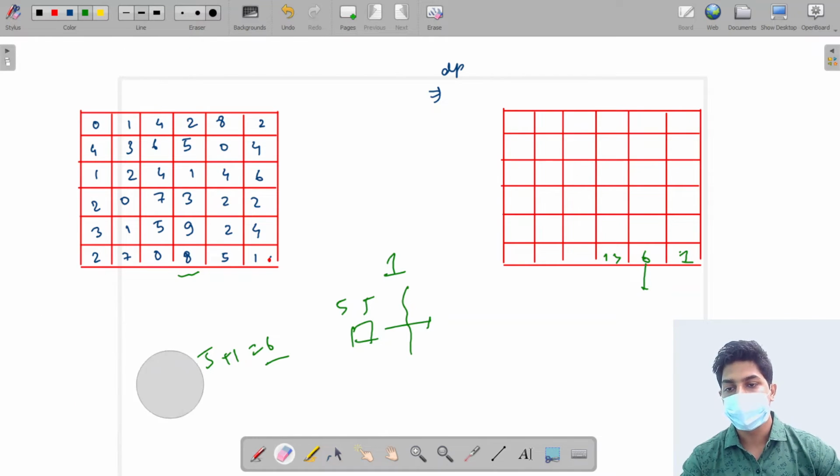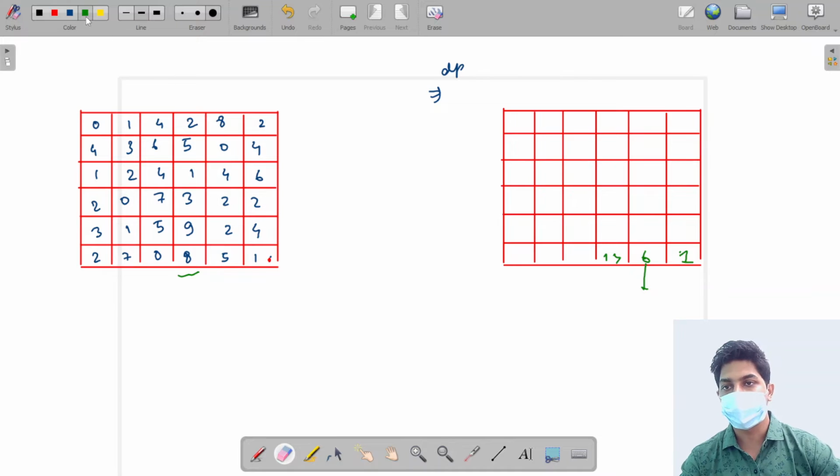Similarly, if we see the last row, the same pattern will be followed. We will be adding up the next term plus our current cost. So here it is 0, so the answer will be 14. Here it will be 7 plus 14, that is 21. Here it will be 2 plus 21, that is 23. Okay, now we are at this particular cell.